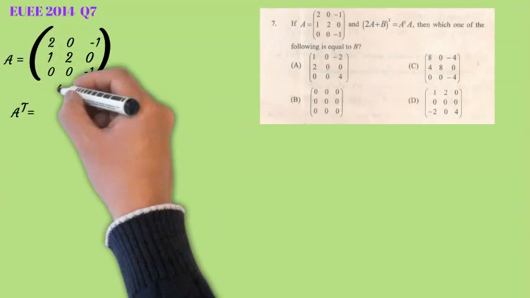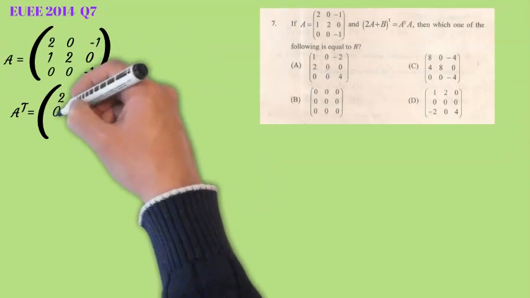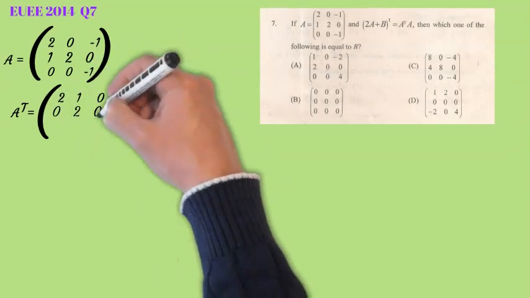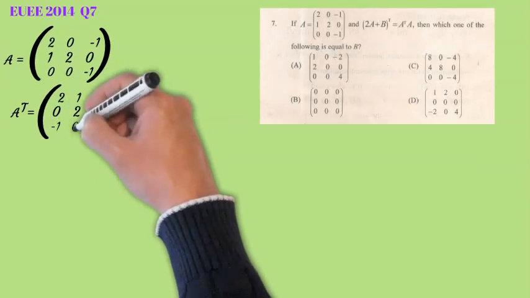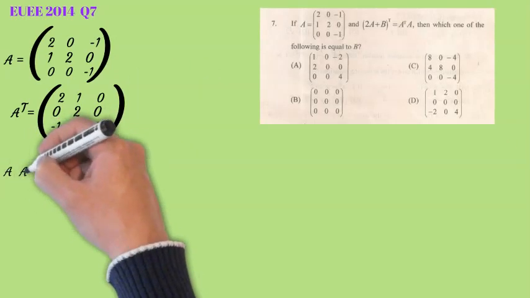A transpose እናደርጋታለን ማለት በሮ የተጻፈውን ወደ ኮለም ኮለም የተጻፈውን ወደ ሮ ማለት ነው 2 1 0 0 2 0 -1 0 -1. በዛኛው በA ላይ በኮለም የነበሩት በA ትራንስፖዝ ላይ ሮ ይሆናሉ ማለት ነው።